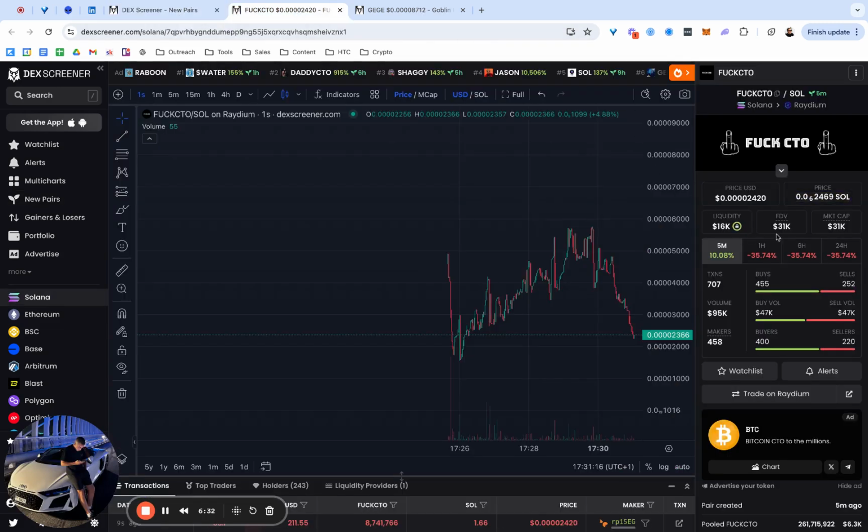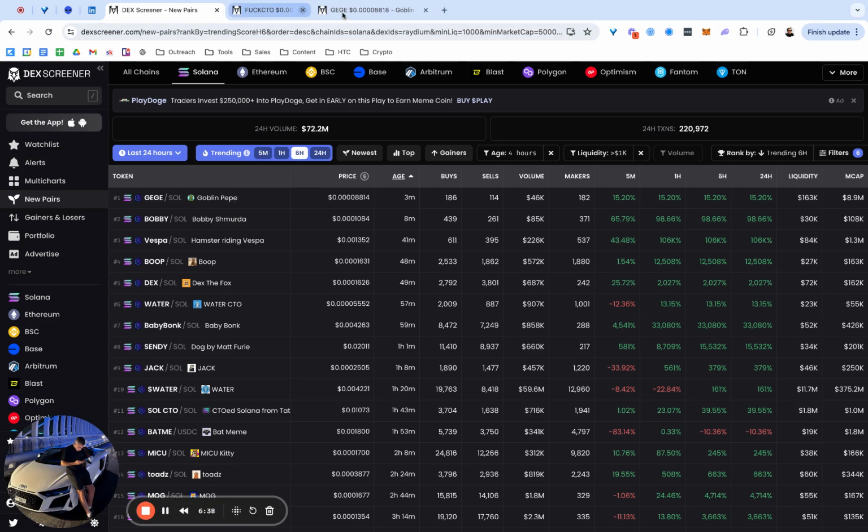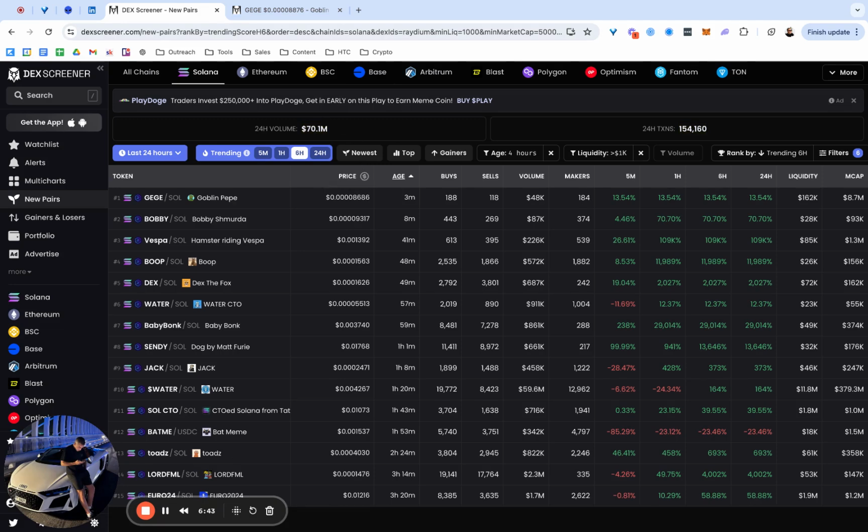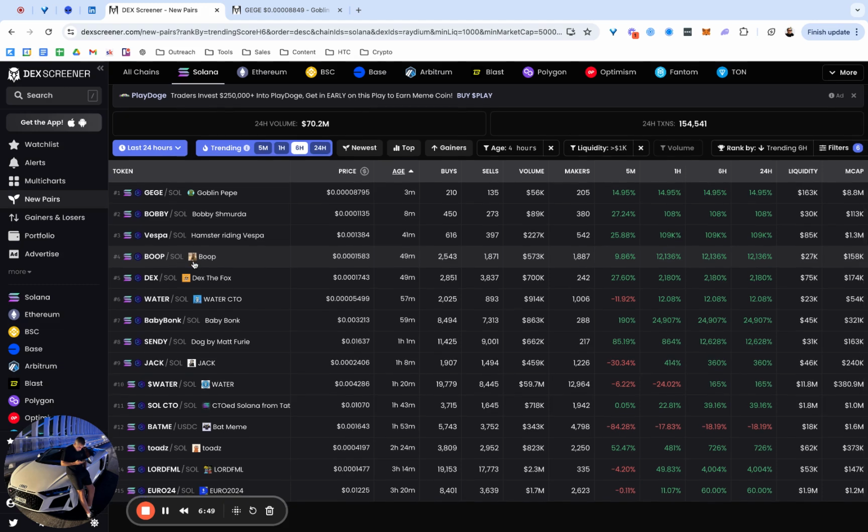Or it might even be because of liquidity. No, liquidity is above 16K, right? There's literally no other reason. It's probably because volume is dying out, right? But yeah, so once I'm on this page, what I tend to do is look at the ones that already have DEX updated because those tend to be the better ones, right? Now, please bear in mind, if you see a coin like this, for example, Water, where it's already